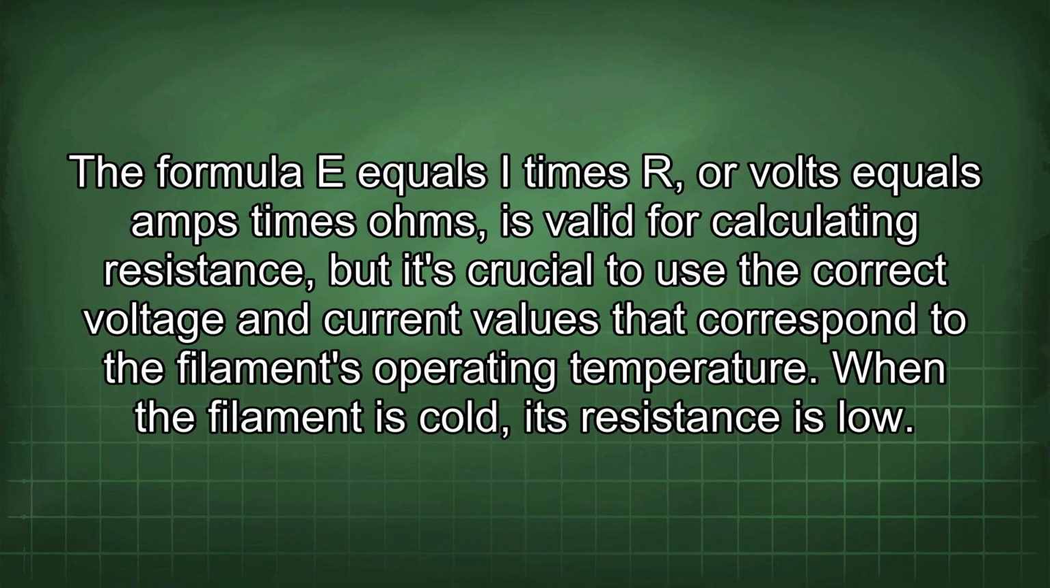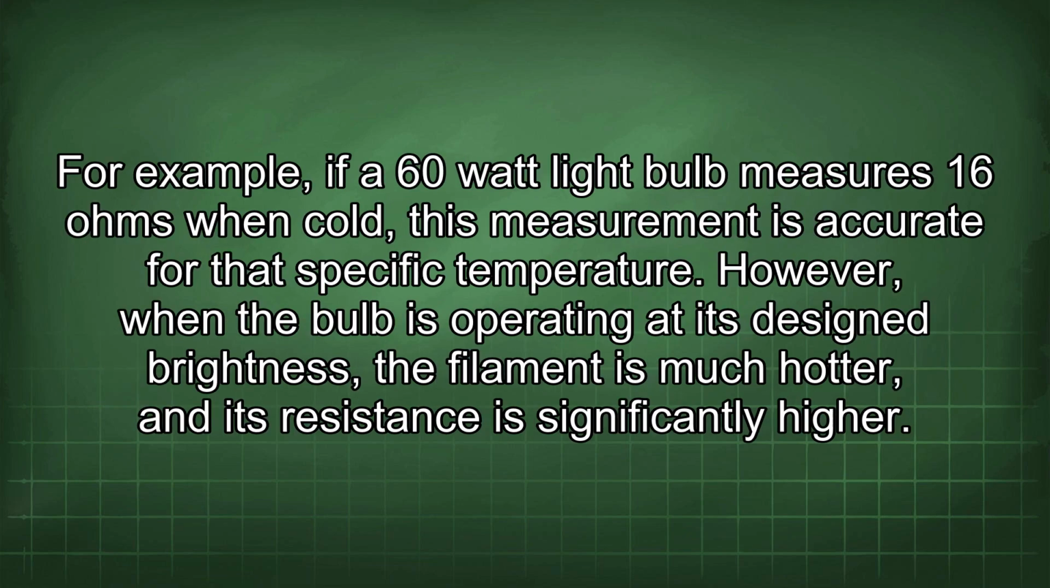brightness. The formula E equals I times R, or volts equals amps times ohms, is valid for calculating resistance, but it's crucial to use the correct voltage and current values that correspond to the filament's operating temperature. When the filament is cold, its resistance is low. For example, if a 60-watt light bulb measures 16 ohms when cold, this measurement is accurate for that specific temperature. However, when the bulb is operating at its design brightness, the filament is much hotter and its resistance is significantly